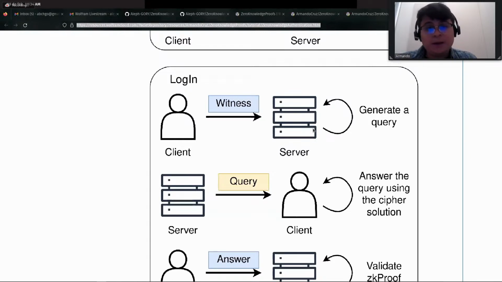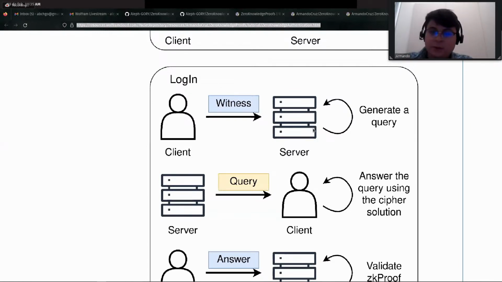This is something that we won't be able to get out of the way, this probabilistic value of soundness, but we can make it as small as we would like. So maybe if we use a very small number for the chance that we can deceive the server, then it should be just fine. Okay, so the client shares a witness, this common friend, with the server, and then the server will